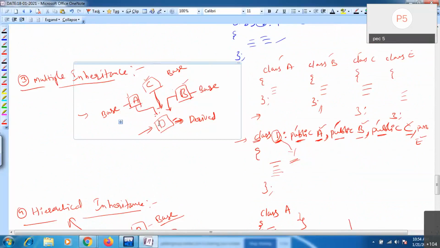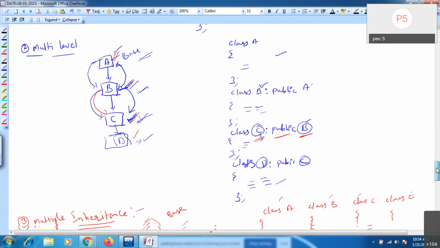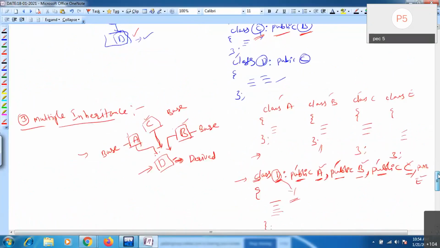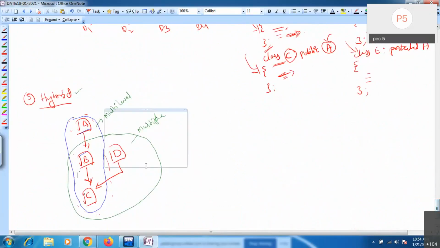You are deriving one class from multiple base classes, two or more base classes. The same thing in multi-level also: you are deriving one class from another class, and this class is deriving one more class. Like that, one level is there. I'm combining this multi-level with multiple, called hybrid, a combination of two inheritances. Here, see, these two base classes are deriving one single class C.